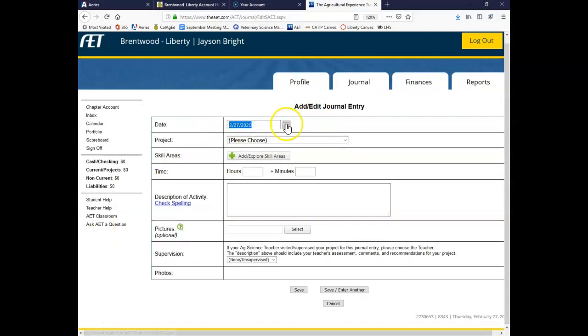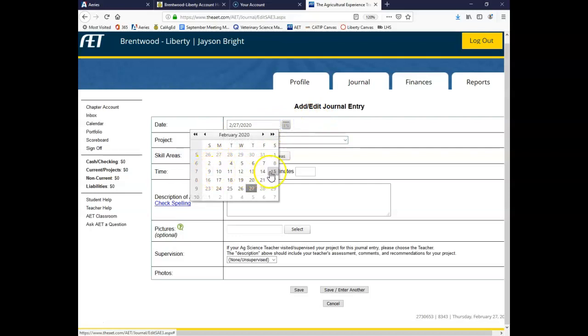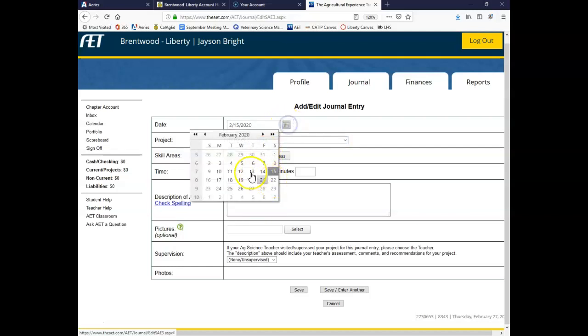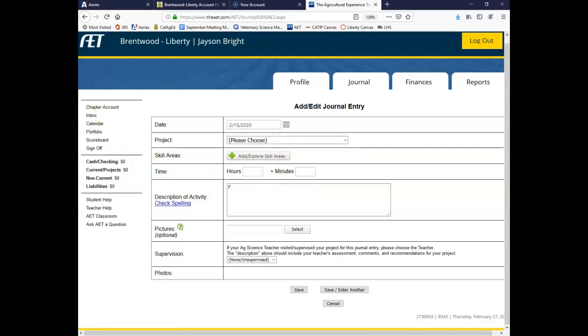baby out. When you choose your dates, look at the week. If you were putting something in for the whole week, like let's say you worked with your animal every single day, you fed it every single day, there's no point in putting in 1 entry for every single day. So what you are going to do is you are going to choose the 15th, and then down here you're going to look at that calendar again and go, hey, the week was from the 9th to the 15th. So you're going to say February 9th, 9th through 15, and then you're going to say what those things were that you did that week every single